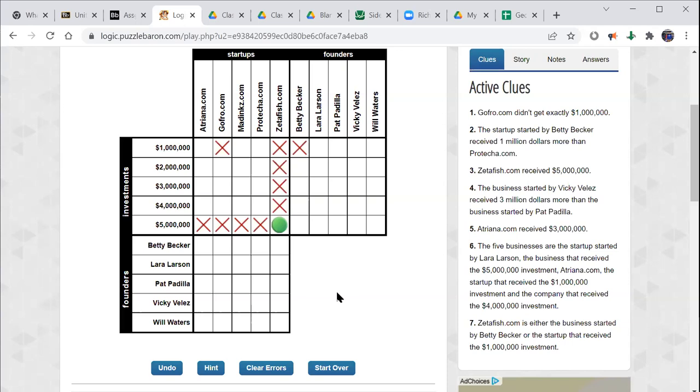The business started by Vicky Velez received $3 million more than the business started by Patty Padilla, right? So again, it's not so much the 3 million as much as it's more than. That means Vicky Velez could not have earned the least amount of money, because she earned more than somebody, right? Now, when you get it, we might have to come back to that 3 million part of it